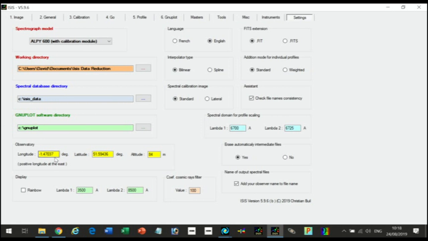And down here is the latitude, longitude, and altitude of my observatory. You put your values in there. These, I think, are the default values. You can make spectra with ISIS look pretty by ticking the rainbow box, and then you'll get a nice color spectrum. For most scientific applications, you don't bother with that. You just have a monochrome spectrum,